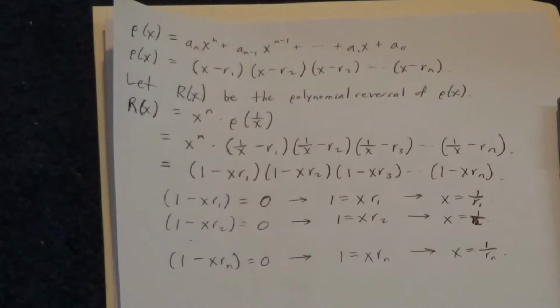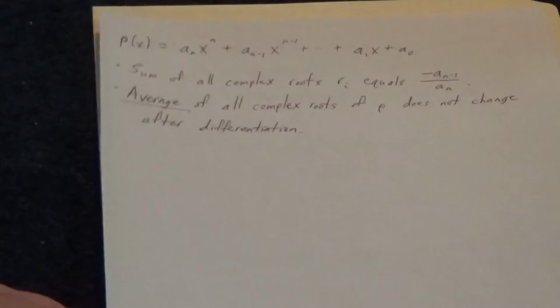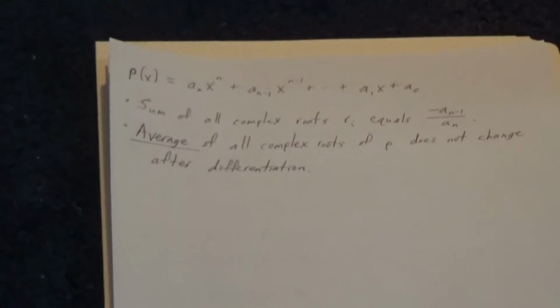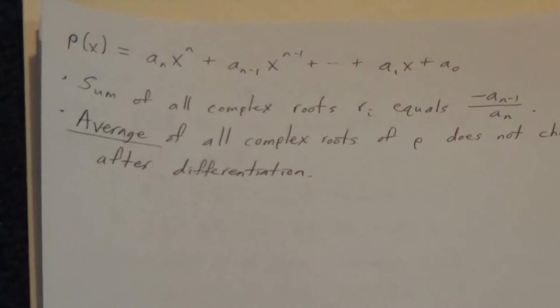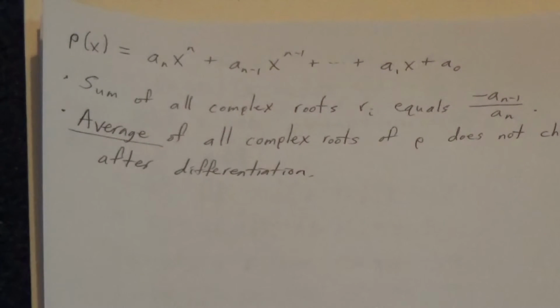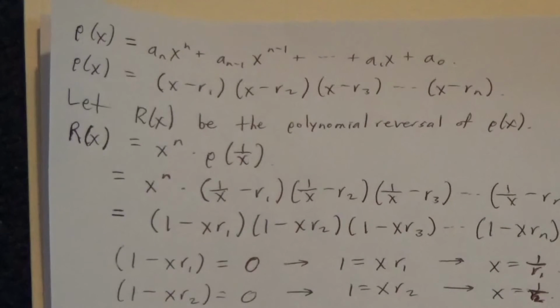Now, we can combine this fact as well with our shorthand sum of roots formula, which you can see in a previous episode of Polynomials Greatest Hits. But the long story short is that we know that the sum of all complex roots, r sub i, equals negative a sub n minus 1 over a sub n, for any general polynomial. And we've proven this before, actually, in a previous episode. But that's a very interesting formula. I hope you've watched that episode, for that matter. Hopefully I'll leave a link. But the point is, we can use the sum of the roots formula